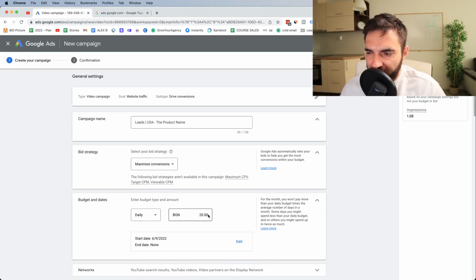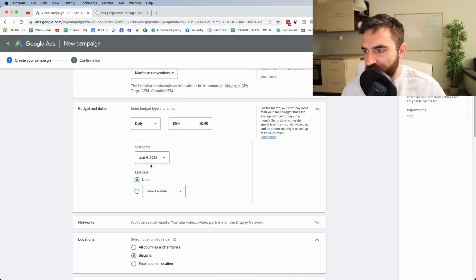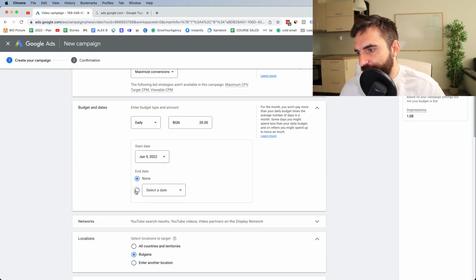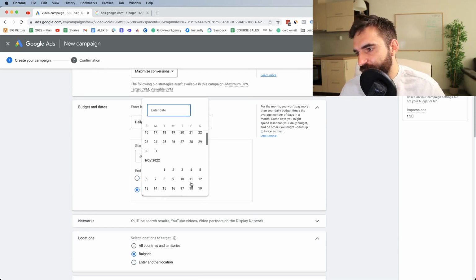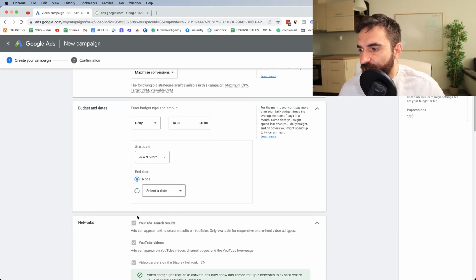That's around $14. The start date, I can select a start date June 9th, and I can select an end date. So the end date could be November 1st. But usually I rarely select an end date. The next thing I do